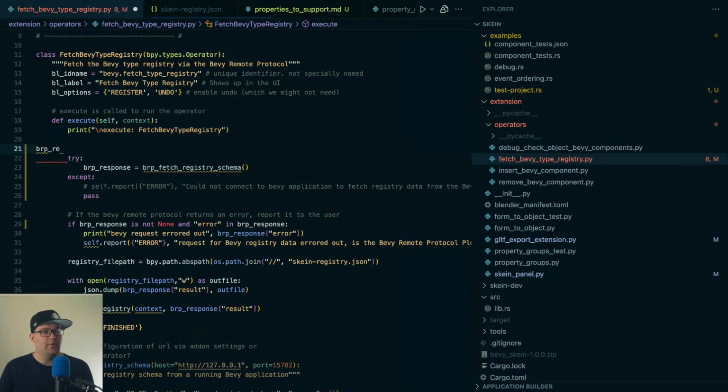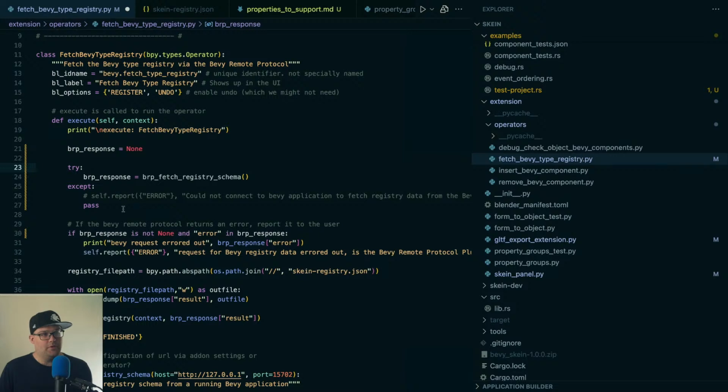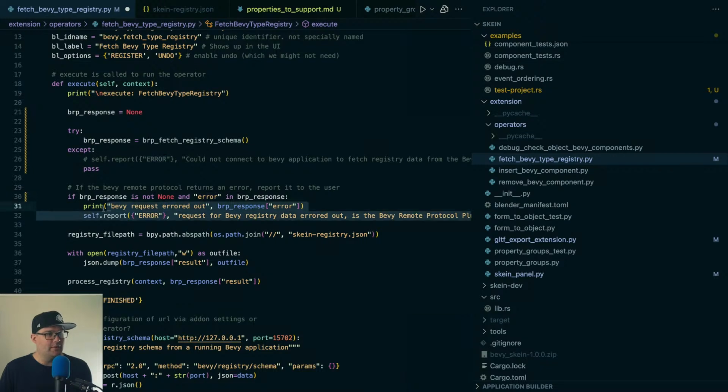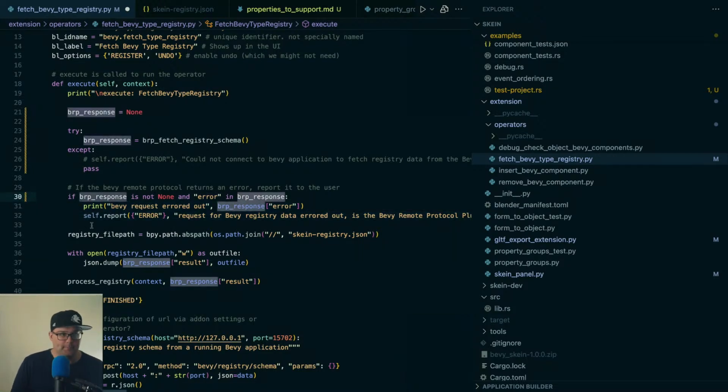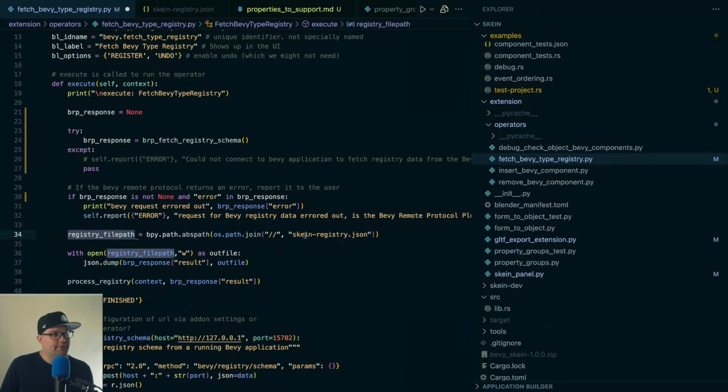So we can do like BRP response, none here. And then we try to fetch. If we can't, we pass. If it's not none and error exists, then the request errored out. I guess we could warn here. This is the file, which we need to do a second error pass on. Does BRP have a health endpoint, so to speak? So there's a couple of different